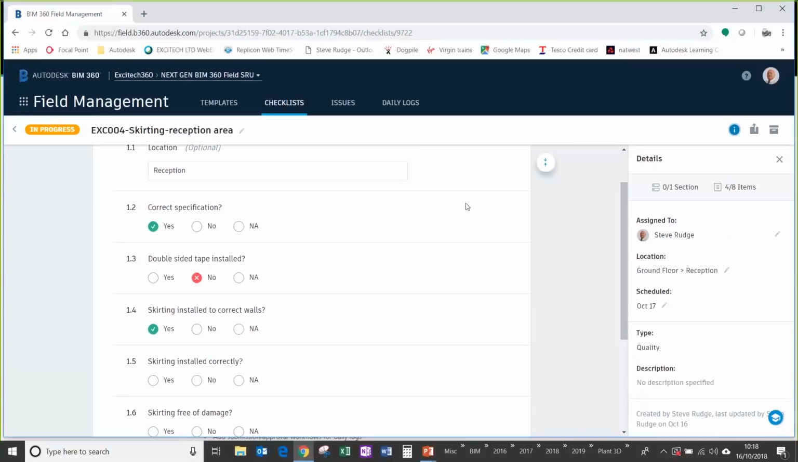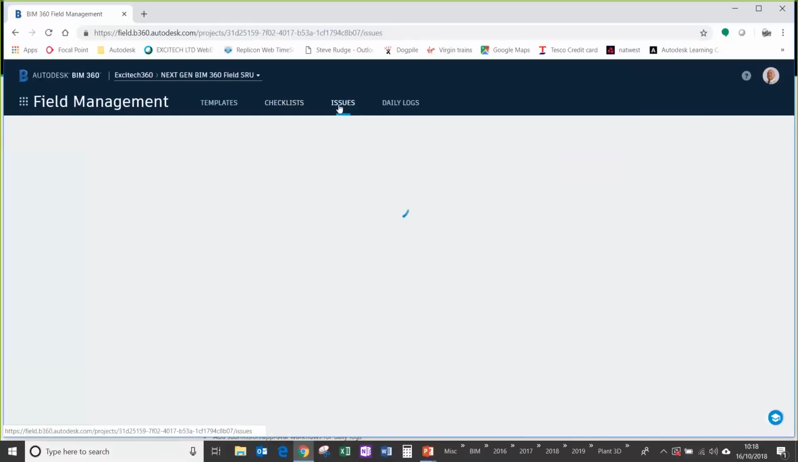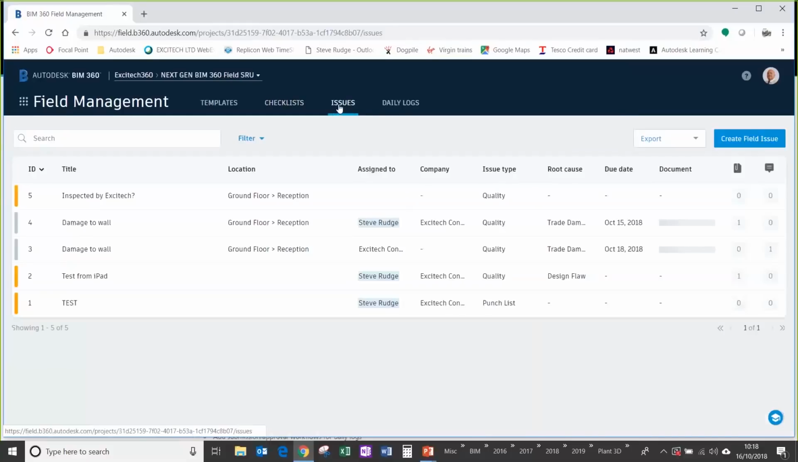So you can see there's lots we can do and set up in there, and that's why I was saying before, do we need tasks? Because the checklist can be assigned to people with closeout dates. So it's pretty much the same as we had with tasks. And likewise, issues on the dashboard here, we can see all the live issues that are being created out on site. And you can see these have all been collated out on the iPad,